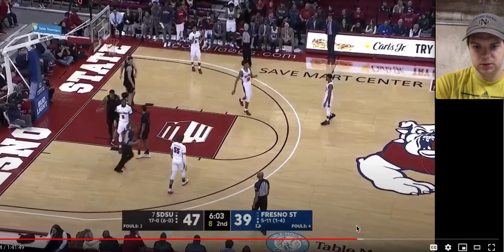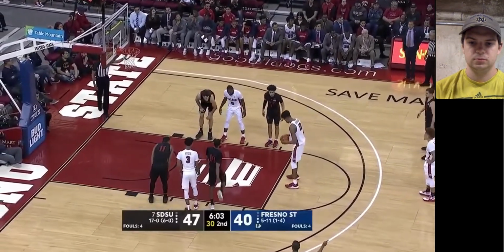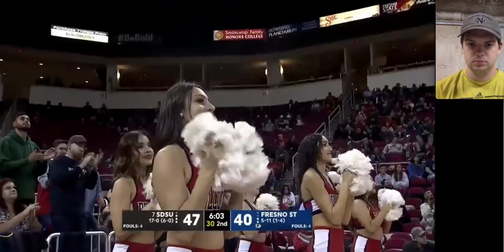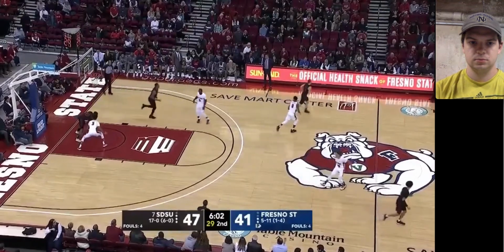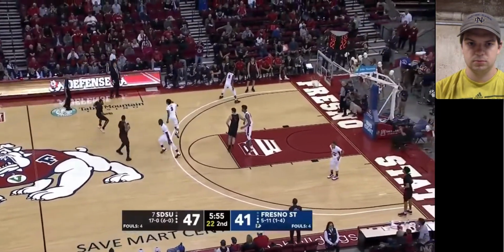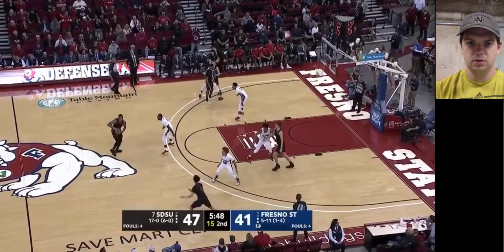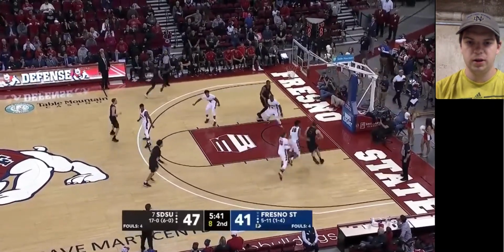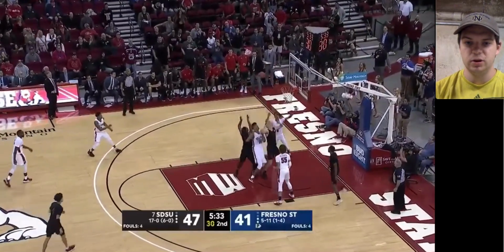We got a foul here, so I'll skip this. So let's see what he does. So he's standing still right now. I want to see him move. Yep. And there he goes. Looks like he was trying to set him up for a backdoor again, and this time he just kind of weaved through towards the top of the key, and nothing there. It looks like San Diego State got the ball back. Again, that hustle is going to be really...